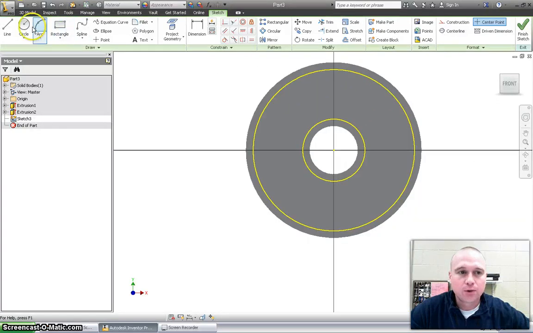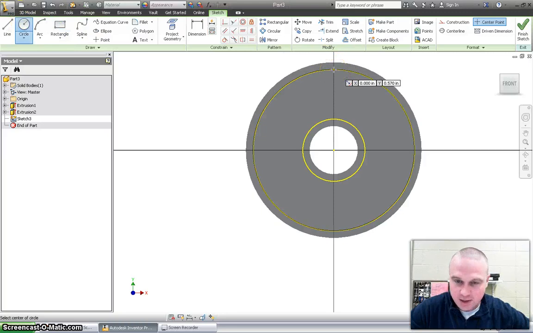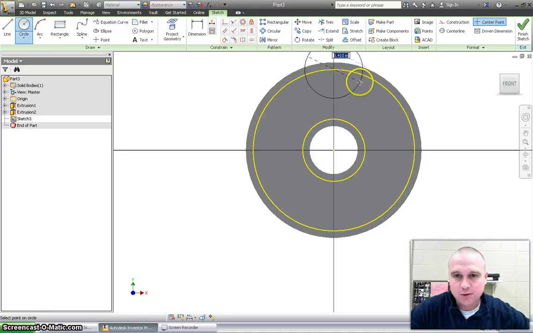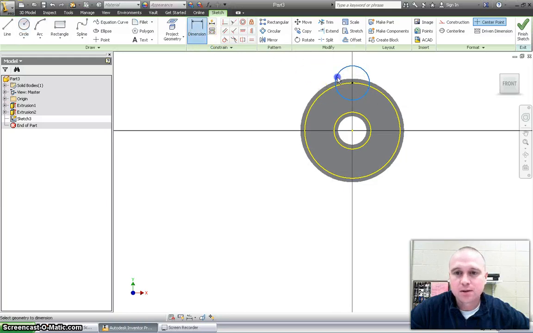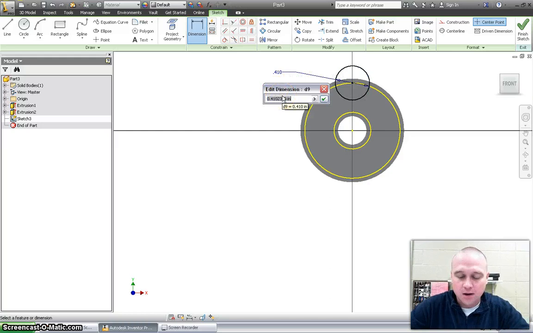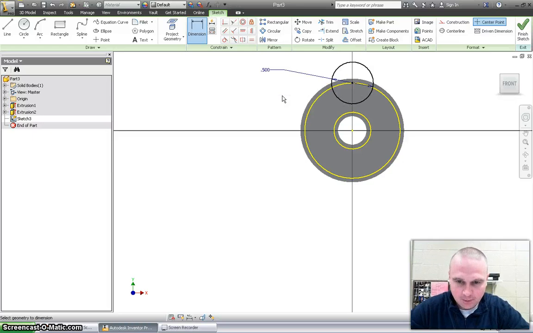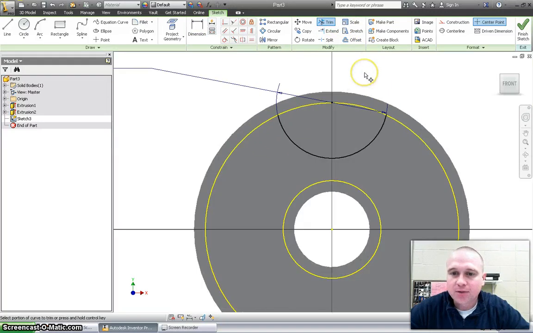I'm going to get my circle tool, and I'm going to go from this point right here, and it says that our circle should have a radius of 0.5, so I'll put that in, and then I'll actually trim this line so it comes back to here, and then I'm going to have to close this because remember I have to have closed geometry to create a shape that I can do something with. And so I'll close that out with the arc tool